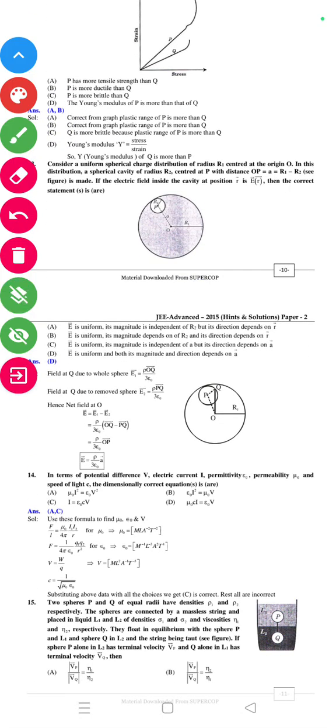अगला सवाल है, consider a uniform spherical charge distribution of the radius r1 centered at origin. In this distribution, a spherical cavity of the radius r2 centered at the P with the distance OP is equal to a is equal to r1 minus r2 is made. If the electric field inside the cavity at the position r is E, then the correct statement is: यहाँ पर r2 दिया है, P दिया है, a दिया है, r1 दिया हुआ है। The field at Q due to the whole sphere E1 is equal to ρ OQ vector by 3ε₀ और field at Q due to removed sphere E2 is equal to ρ PQ vector by 3ε₀।